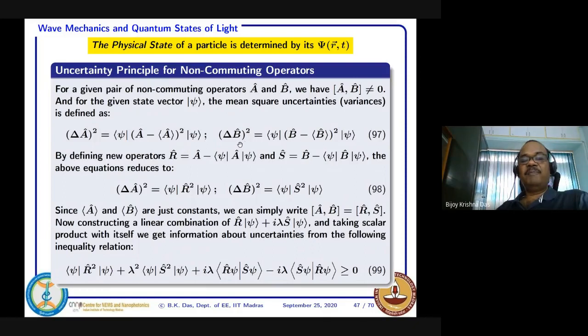Similarly for B, the variance for the operator B, again measured separately, you can get this expression. This is the expectation value of B, and this is the expectation value of A. Each time you are measuring, you subtract the average, because the deviation can be plus or minus, so you take a square. As we discussed earlier, these are the two variances.